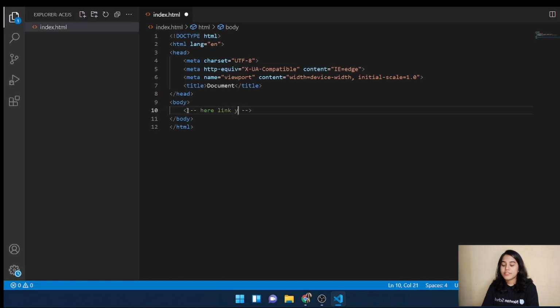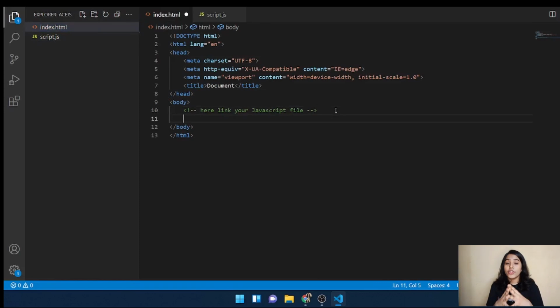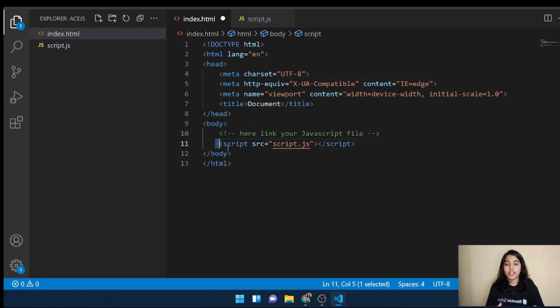Firstly, let's make one file called script.js. Now you might ask why I am using script. You can use anything, but here I will be using script because that's how we mostly start learning JavaScript. I recommend you use script, or you can use any name, file.js or anything. But remember one thing, the .js extension is very important. You can give any file name, it does not matter, but the .js extension is important because this way we are telling our browser that we are going to run our script file.